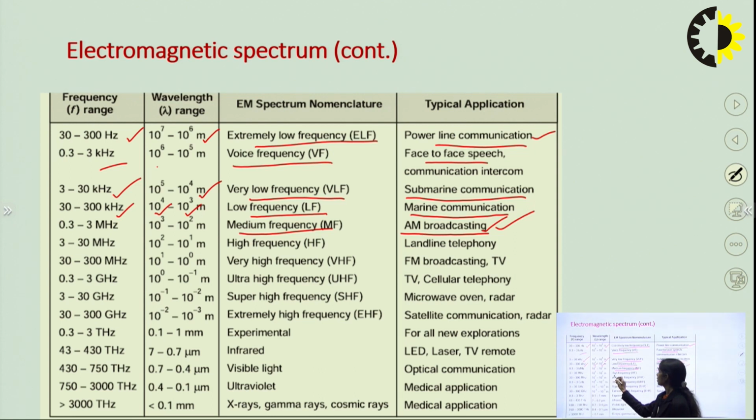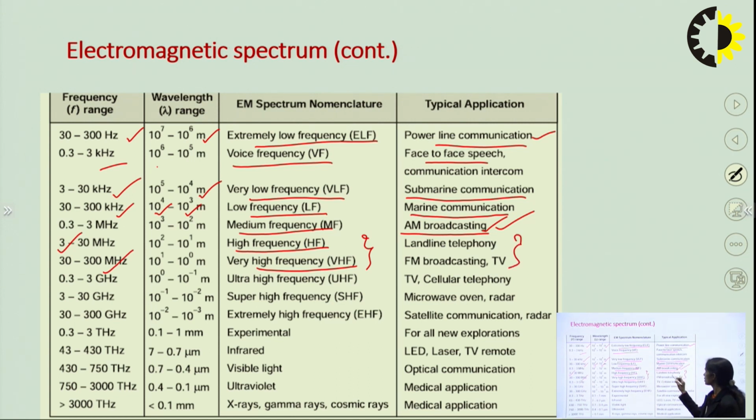Now if we talk about the high frequency and very high frequency ranges, these two frequency ranges are in the megahertz range, from 3 megahertz to 300 megahertz. This found many applications in landline telephony, FM broadcasting and television. And this leads to the foundations of the starting of many communication activities which are used in day-to-day lives with the help of landline telephony, FM broadcasting